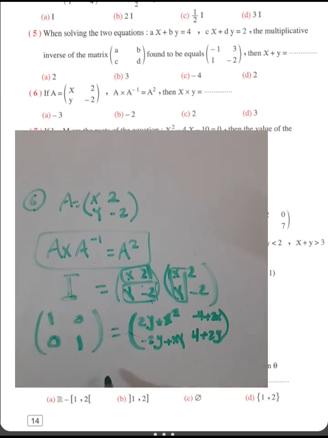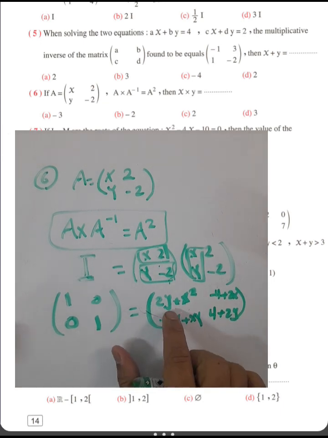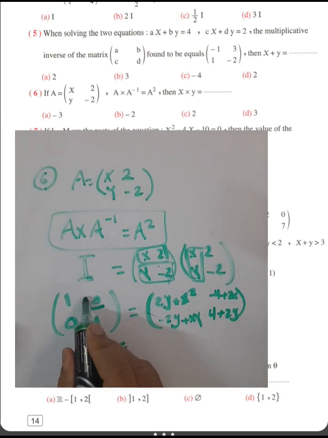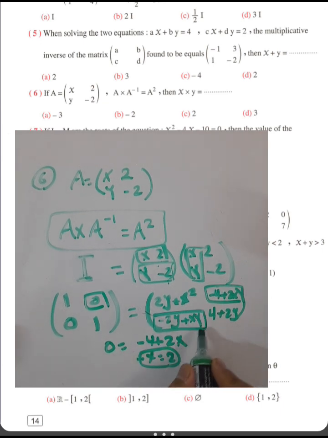Then we can solve it. 2y plus x power 2 equal 1, and negative 4 plus 2x equal x. Then we can find the value of x. 0 equal negative 4 plus 2x. Then the value of x here equal to, and we can write 0